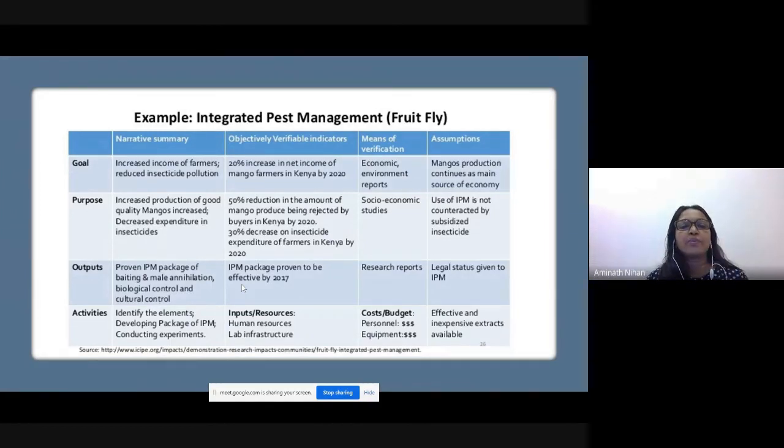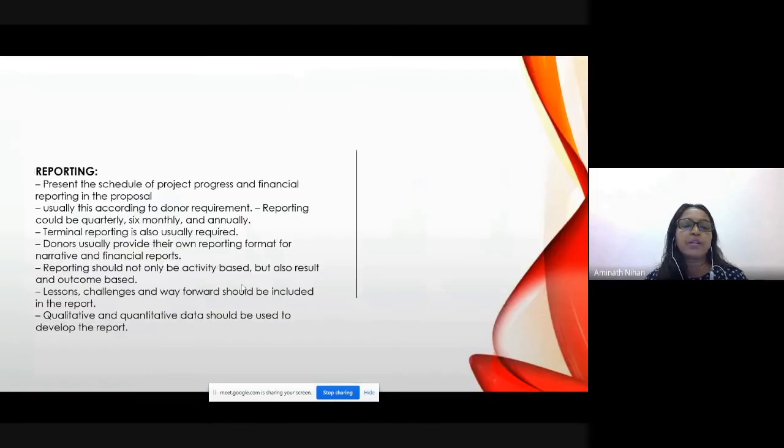After you write the proposal, after you get the funding and implement the proposal, how are you going to measure or evaluate your project, and how are you going to report? So the reporting part is not included. You can just indicate how you're going to report. You don't have to write down the details of the report, but how you're going to report annually or